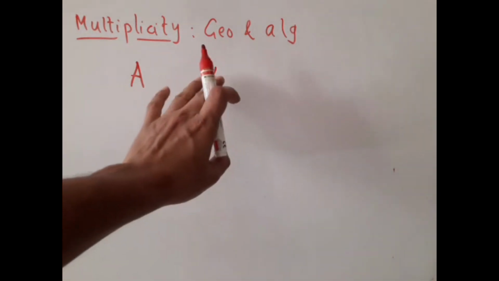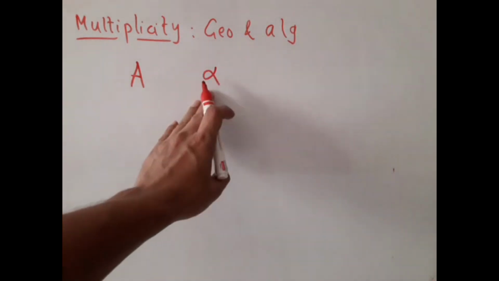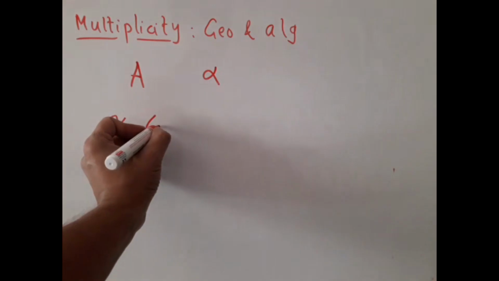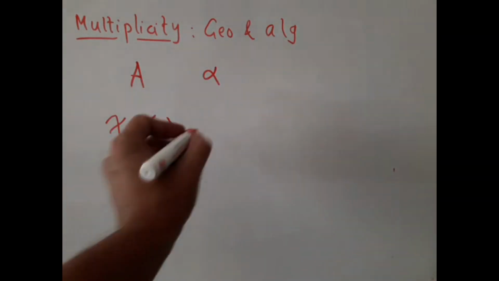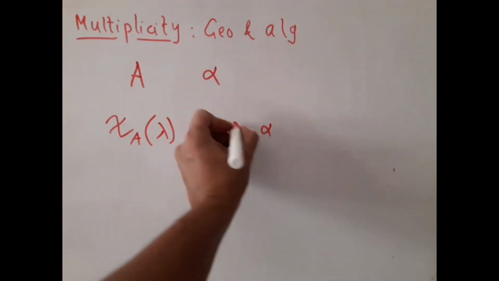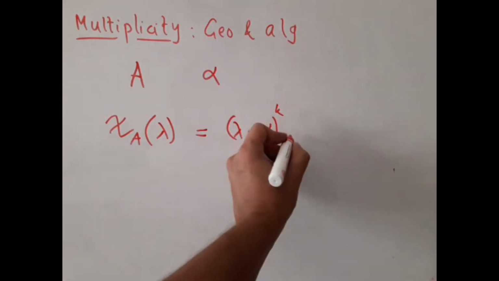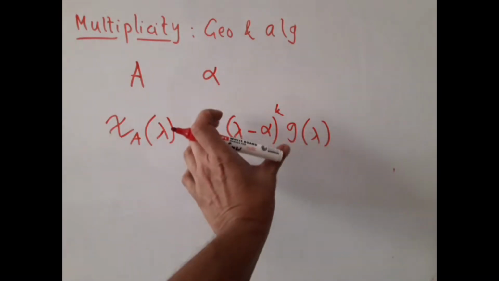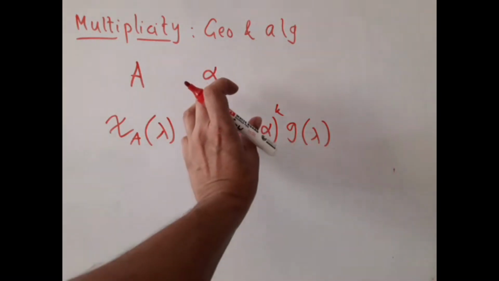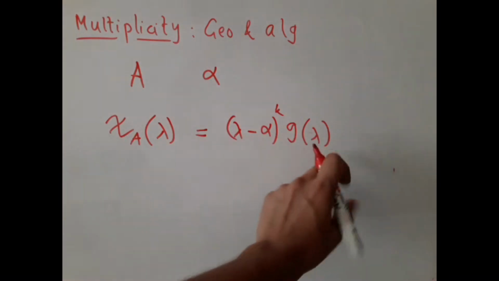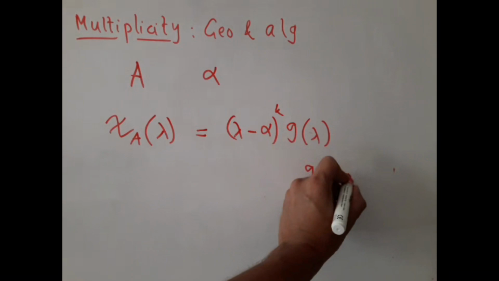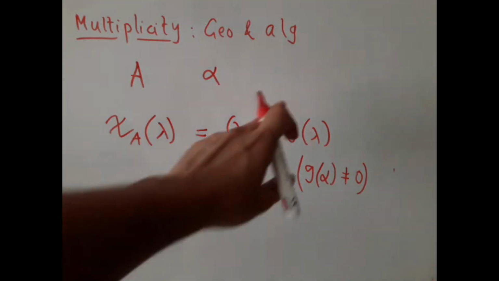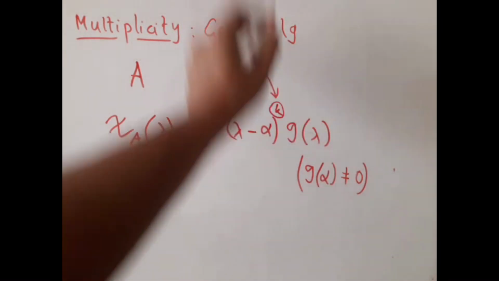I already know that this will be an eigenvalue if and only if alpha is a root of the characteristic polynomial of A. Since alpha is a root, this must be of the form (lambda minus alpha) to the power k, together with other factors which I club together and call g(lambda), where g(alpha) is not equal to 0, meaning I have extracted all the factors of lambda minus alpha together. Then this k is called the